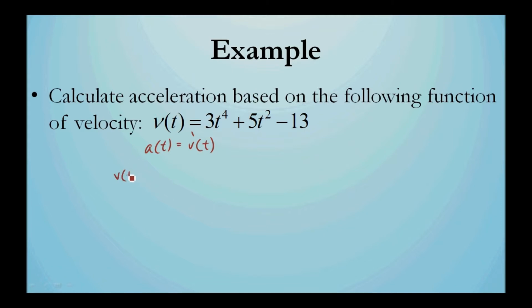So, v of t is equal to 3t to the fourth plus 5t squared minus 13. v prime of t, using the power rule, 4 times 3 is 12t, 4 minus 1 is 3, plus 2 times 5 is 10, 2 minus 1 is just 1, and because there's no t here, it's a constant, the derivative of a constant is 0. So v prime of t equals 12t cubed plus 10t, so a of t is equal to 12t cubed plus